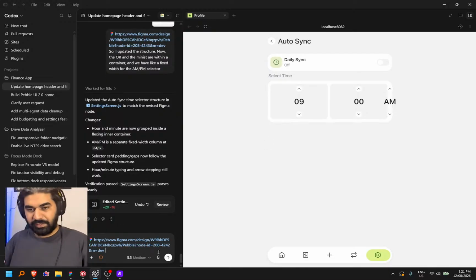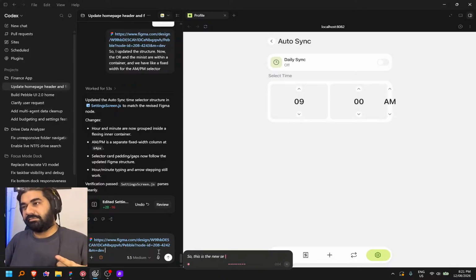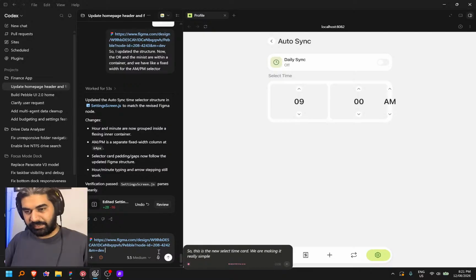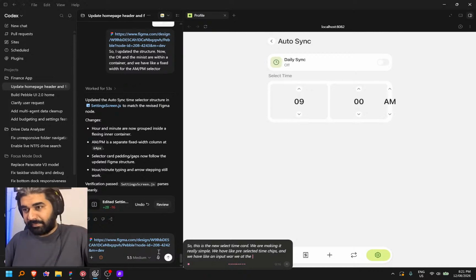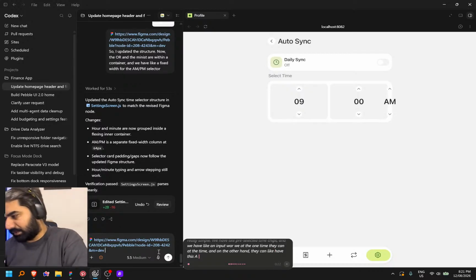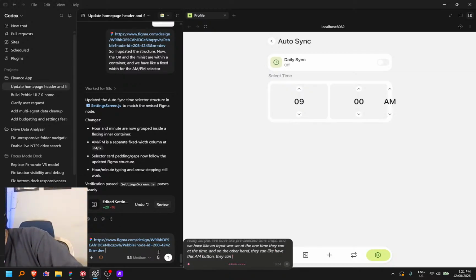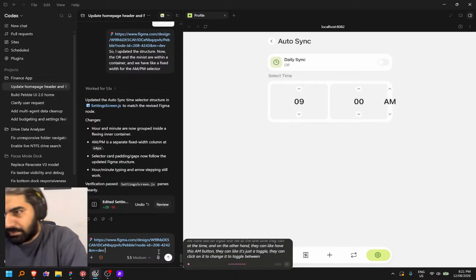Okay, so this is the new select time card. We are making it really simple. We have pre-selected time chips, and we have an input bar where at one time they can add the time, and on the other hand they have this AM button. It's just a toggle. They can click on it to toggle between AM PM